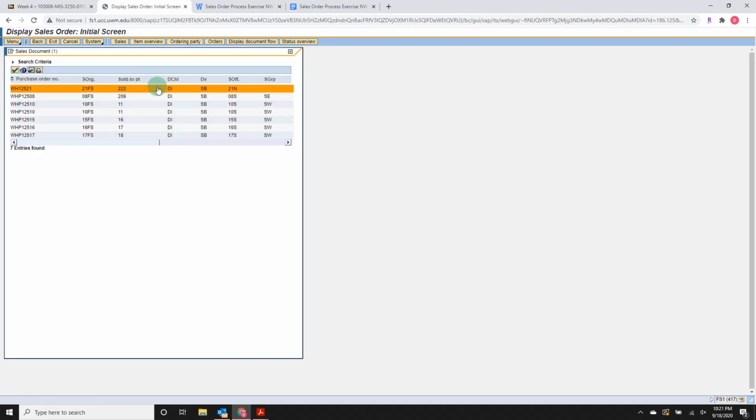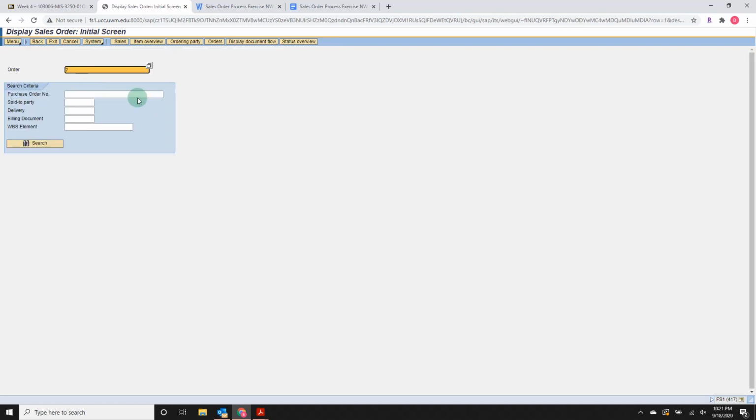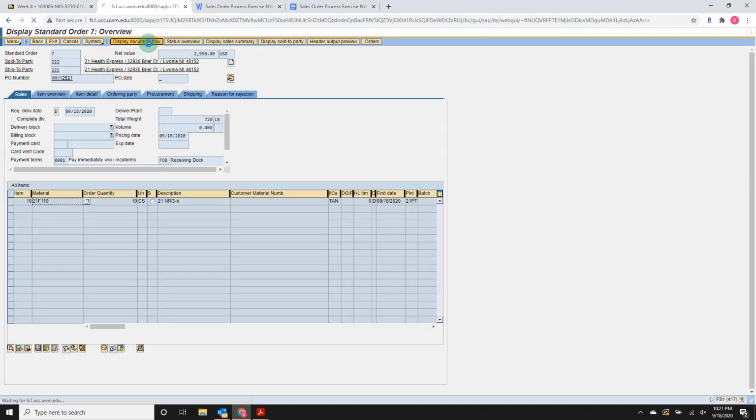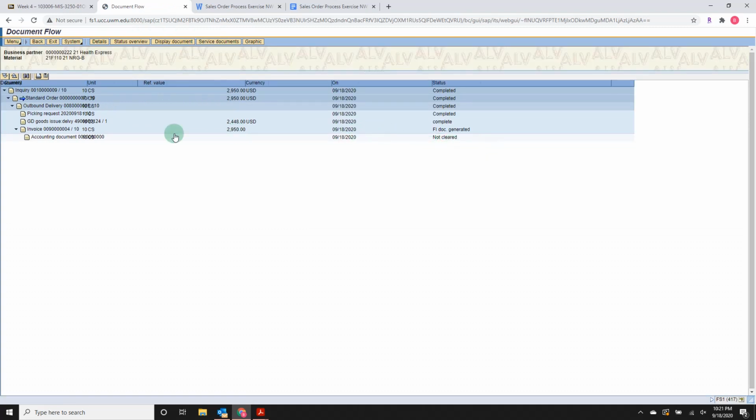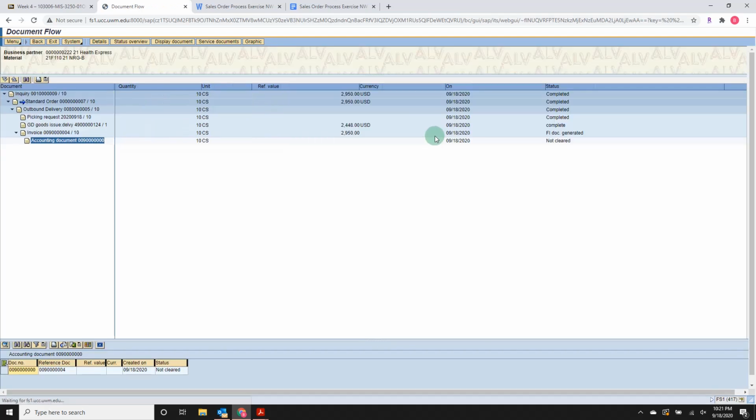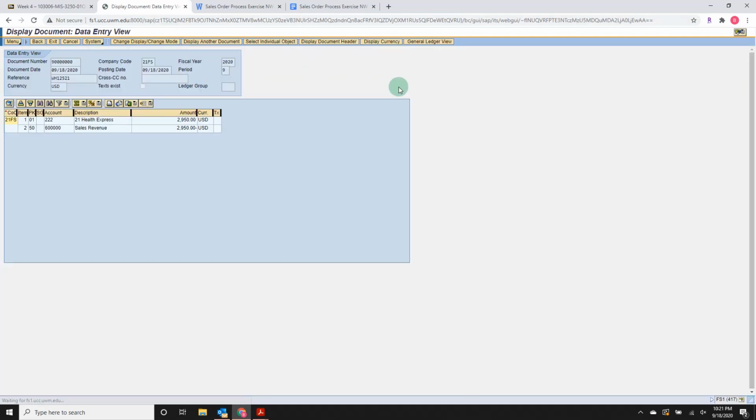I want number 7, which is this one, sales organization 21FS. That's my org. There's 7. I'm going to hit enter. That's going to take me into this. I'm going to display document flow. We were trying to go inside of here, and we were going to display document, and we were to this point, and we were going to